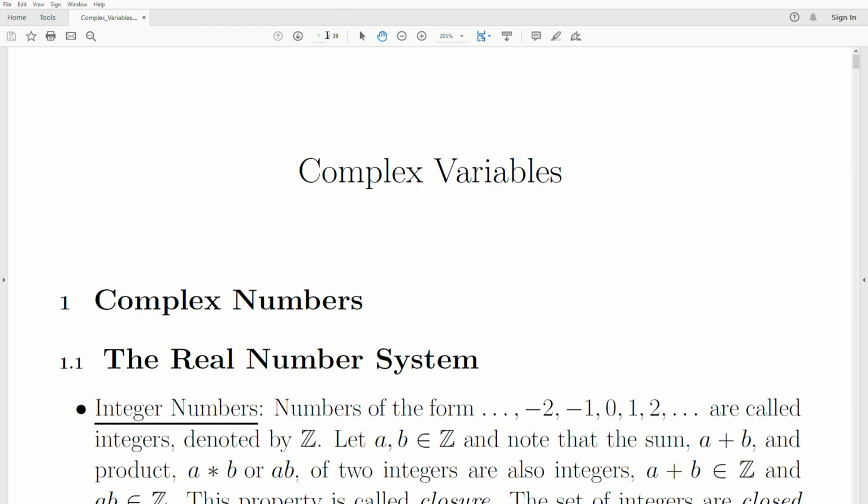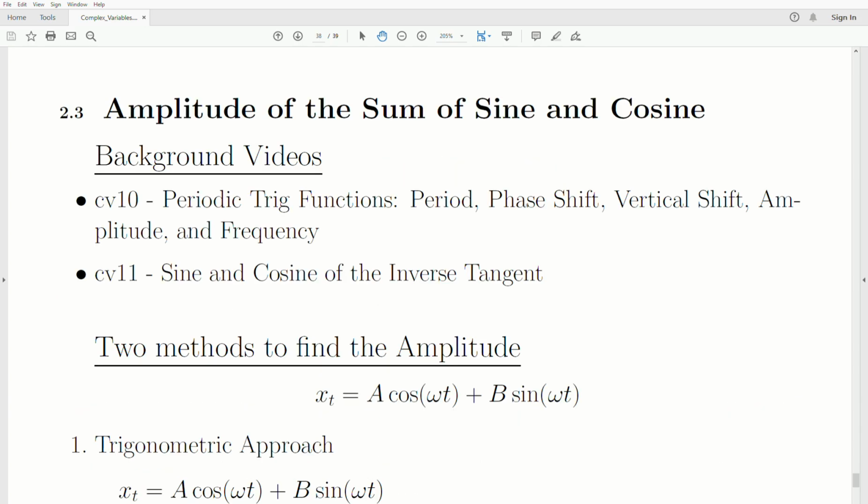Hello, this is the next video in a playlist that I'm calling Complex Variables, where we're creating a playlist on complex analysis. We're in the background material part of this playlist, and specifically trigonometry. And today's topic is we're going to find the amplitude of the sum of the sine and cosine functions,